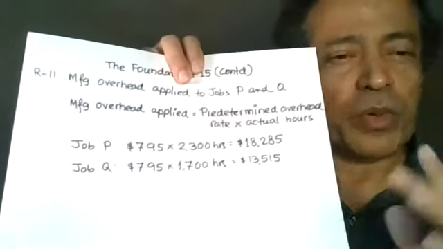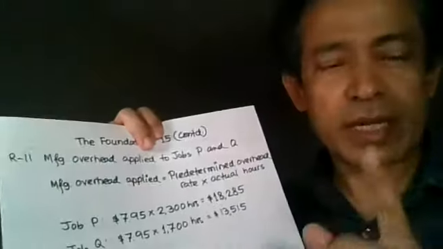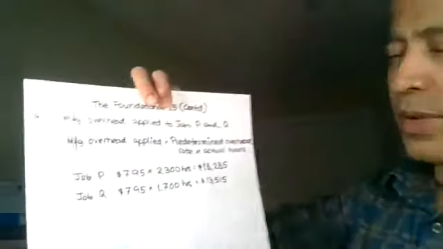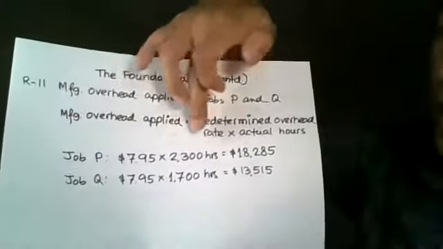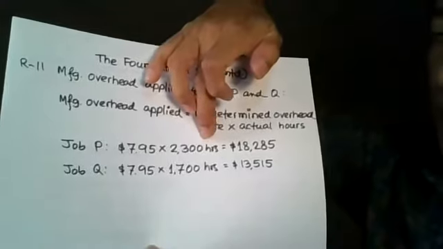Remember, now we don't have two rates. We used to have two overhead rates. One was $4.20 and the other, I think, was $4 something 65 and that was $12.20. But this time we have one rate, a single rate, which is $7.95. So $7.95 times 2,500 hours, 2,300 hours